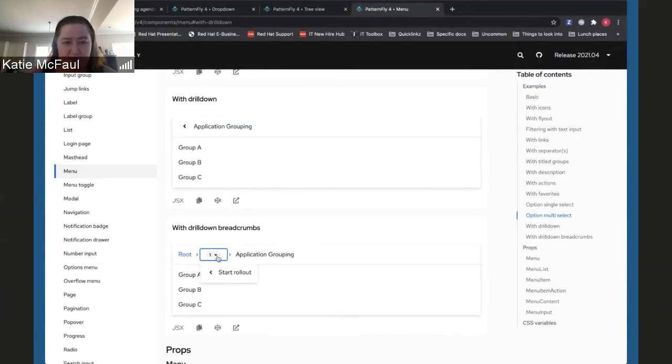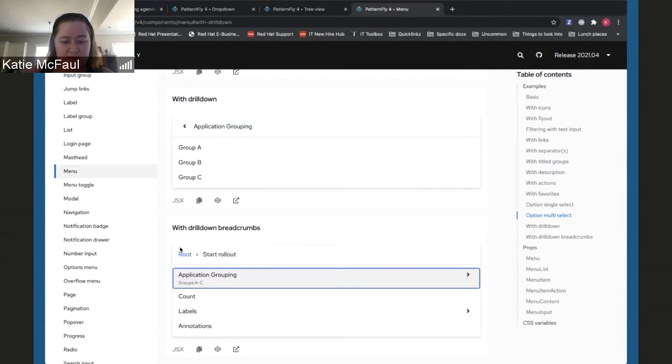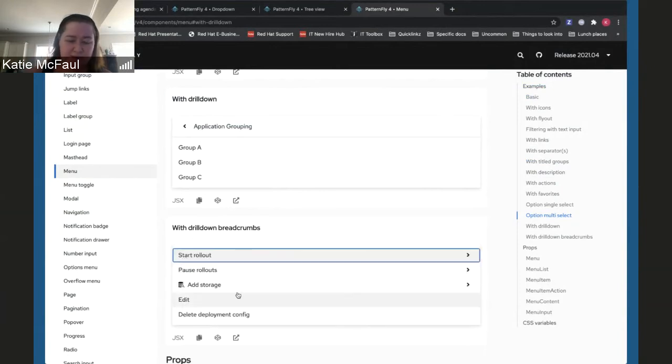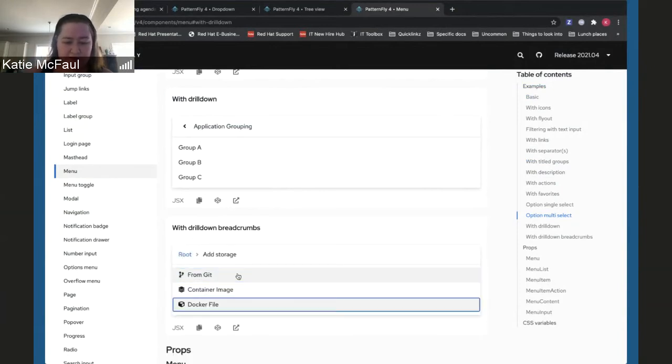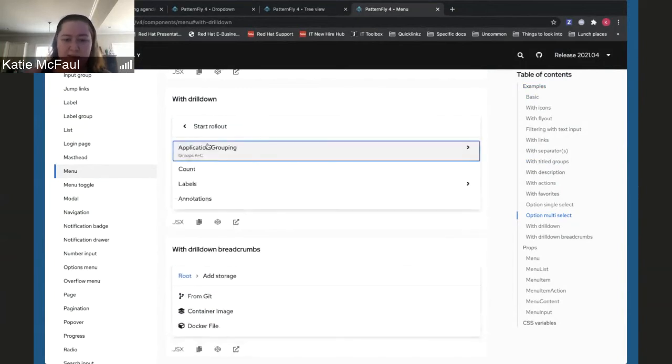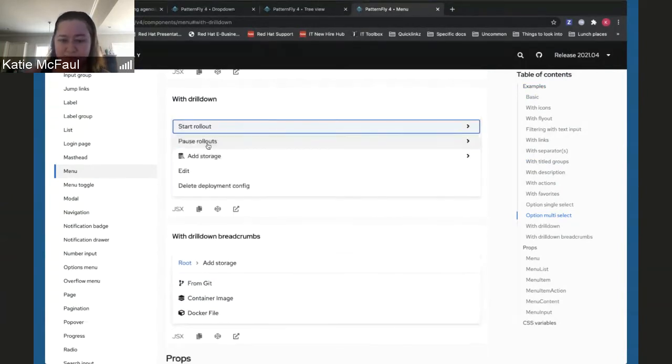So if you have a really deep drill down list, you can condense the breadcrumbs so they don't take up the whole screen. And these breadcrumbs will let you go to any sub level as well. So you can go back 1 level, but you could also go back straight to the root. And these are all keyboard friendly and accessible. And that's it for me.